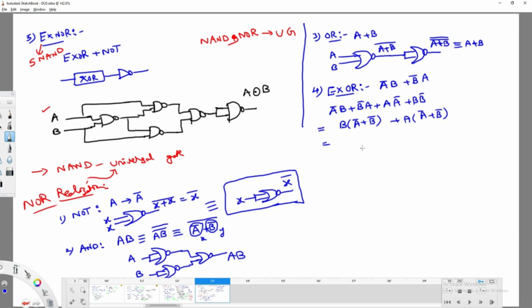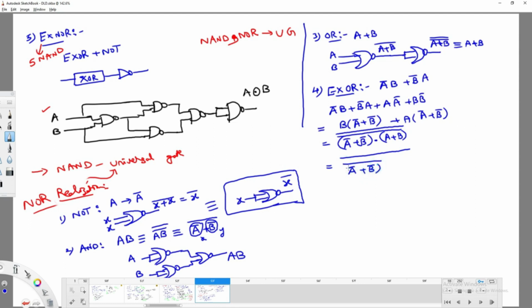So that's why an OR gate means what? That should be compulsory product of sum, right? So I am trying to write it like this: a complement plus b complement into a plus b. Is there any problem? No, nothing. So now for this, I am trying to do some kind of complement again, double complement. If I do double complement, you are going to get one complement. That inner complement I am going to distribute